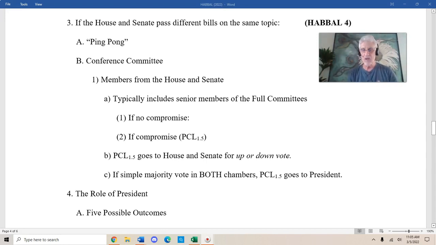The other way to resolve differences between the two houses is to create something called a conference committee. Now, a conference committee isn't like a full committee. It isn't like a standing committee that's there all the time. Conference committees are created just to address a specific bill. So there might be a conference committee for Phil's Corn Law 1.5, but if